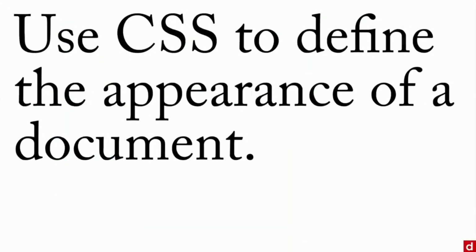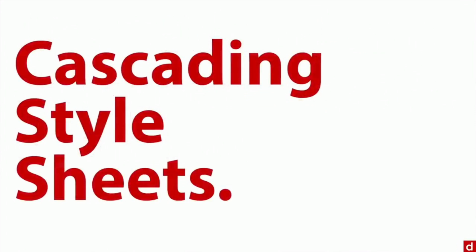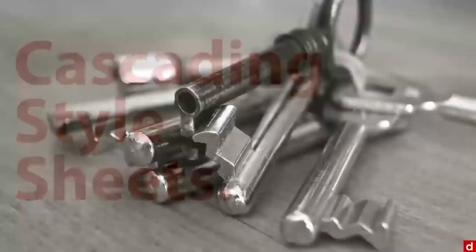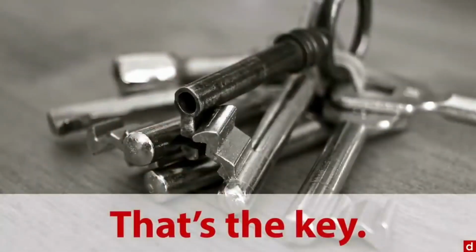Now, I will mention that there's another thing called CSS, and web pages use CSS to define the appearance of a document. HTML is theoretically there to give the content, and CSS gives the appearance, and that stands for Cascading Style Sheets. I'm not going to worry about that right now because we're really interested in the content. And now you have the key to being able to read web pages and pull data from web pages for your data science projects. So in sum,